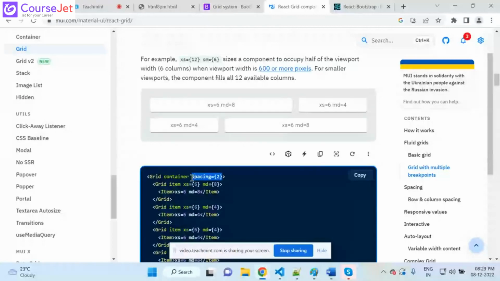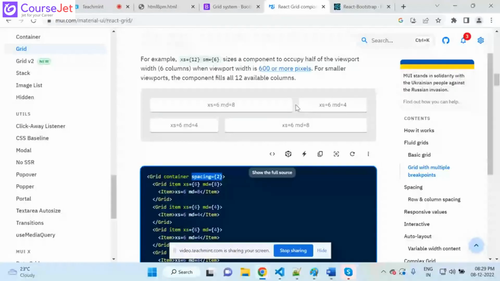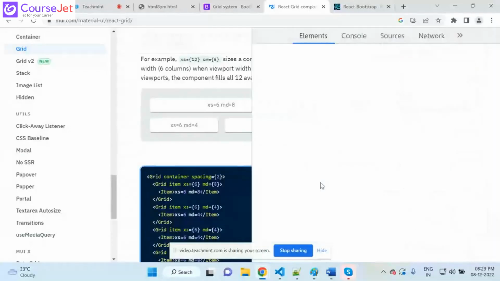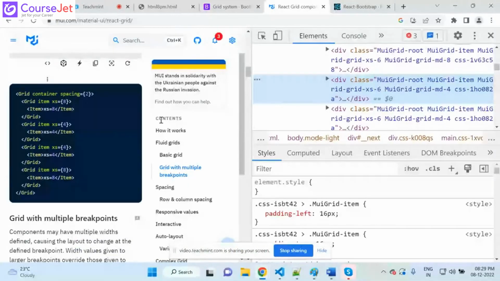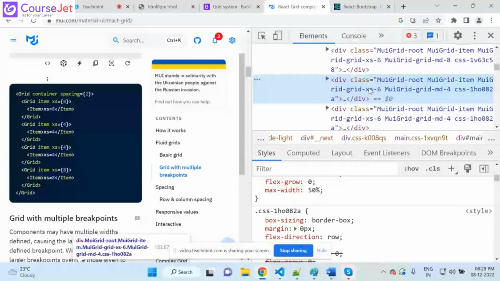Because of the spacing only, a space is created here. But that spacing too did not take effect here. Not taking, why? If you apply spacing, what is happening? Have you inspected the element? If you check here,